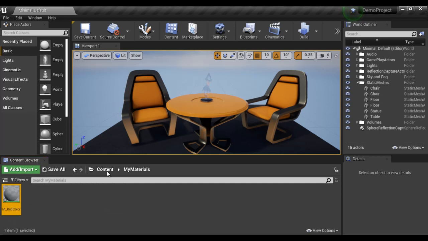Okay, I click on content button here to go to root folder, and then I'm going to create one more folder. I click on add or import button. I say new folder and I name it my blueprints. I hit enter. You can see that my blueprints folder is created. I open it. Inside that I want to create one new blueprint, so I click on add or import button.